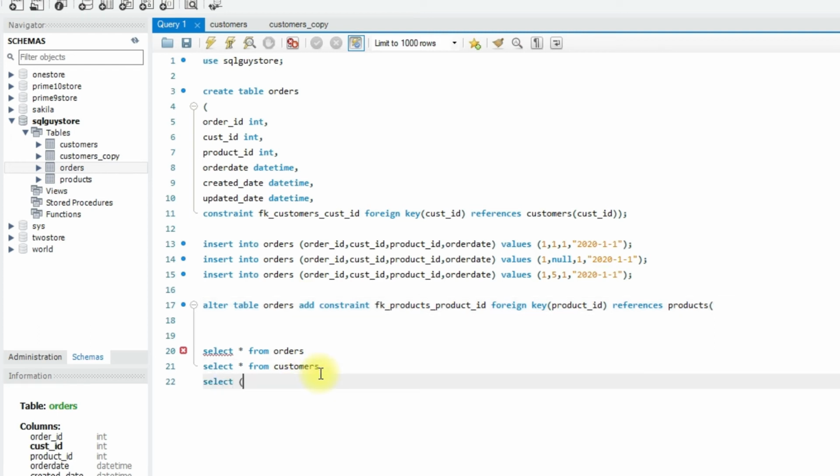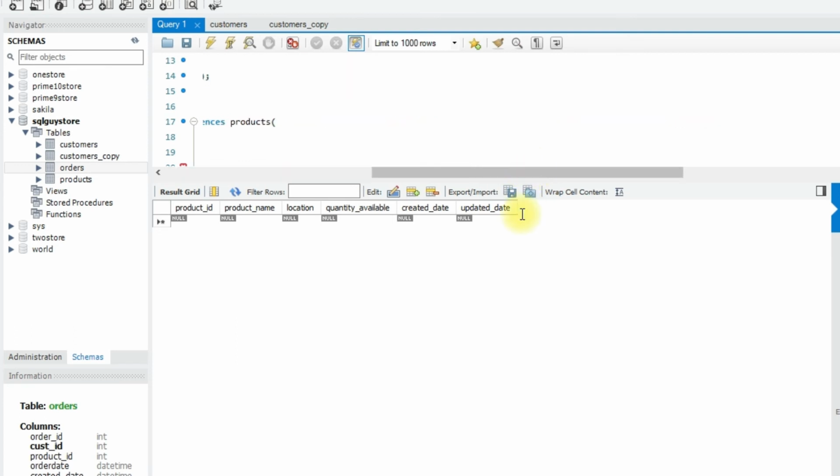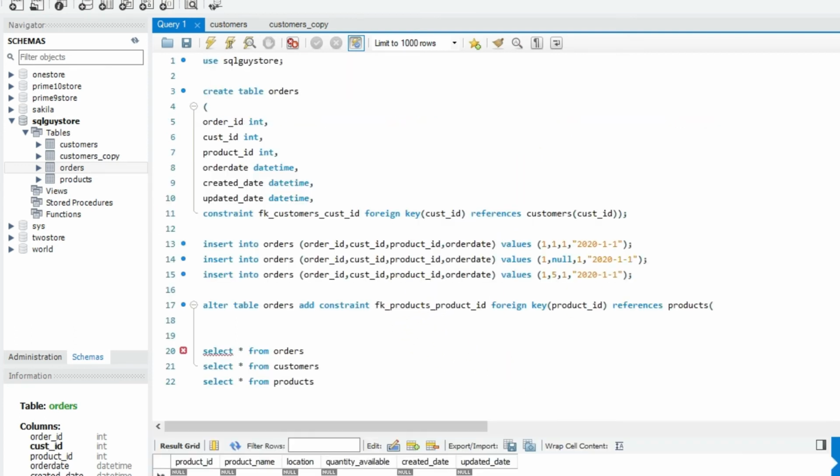Let me check the column name in the products table, select star from products, let's run. So it is product underscore id and there is no data in this table. Maybe we need to add data later. Products product underscore id.